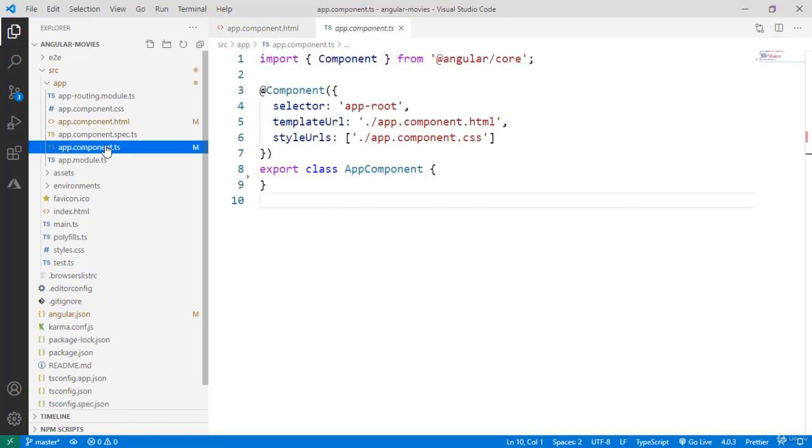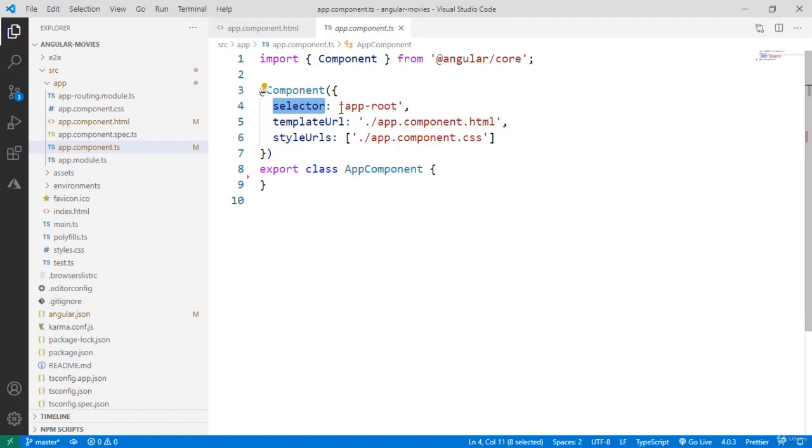In the class of the component, we can put data and logic. We can put variables, and we can also have functions. Here, in this component decorator, we have the selector. We learned that the selector is like the ID of the component, and through this ID we can make an instantiation of our component. We also have this template URL, which points to the template file of this component, which in our case is this